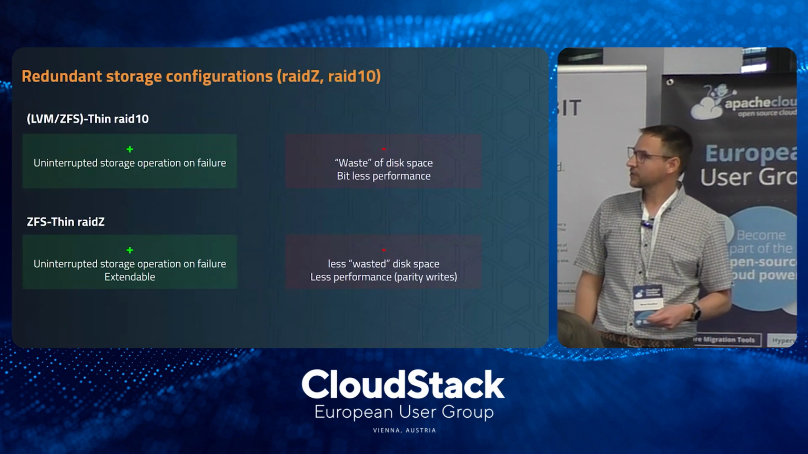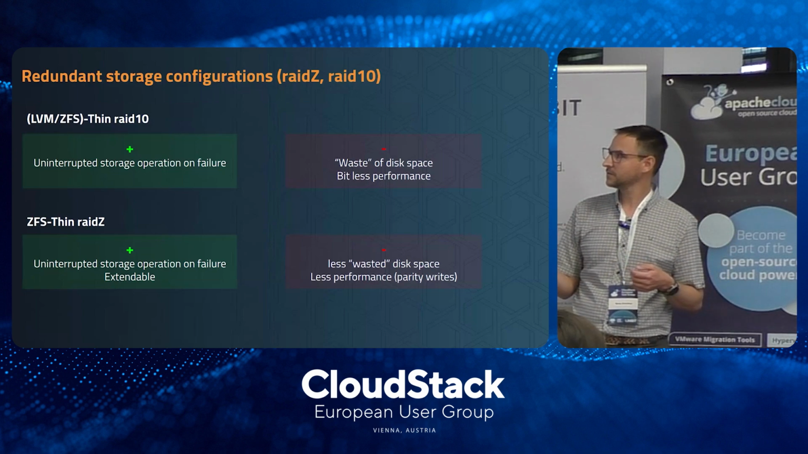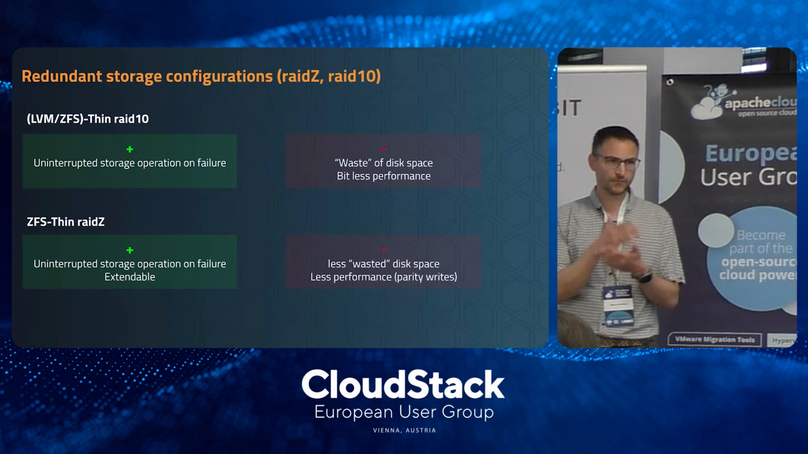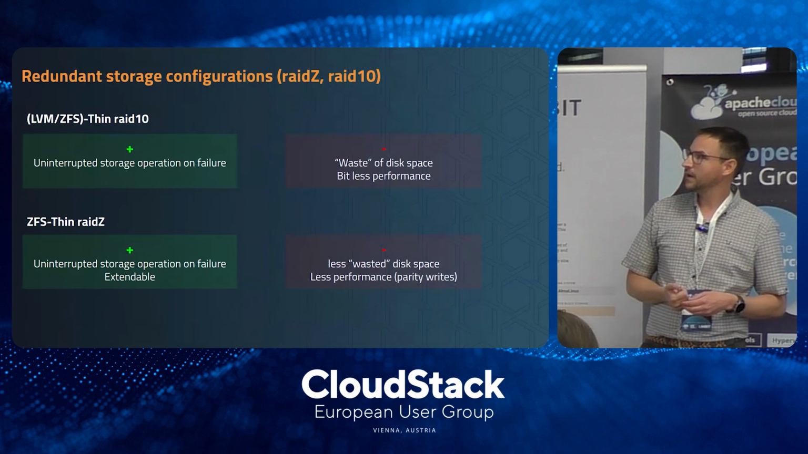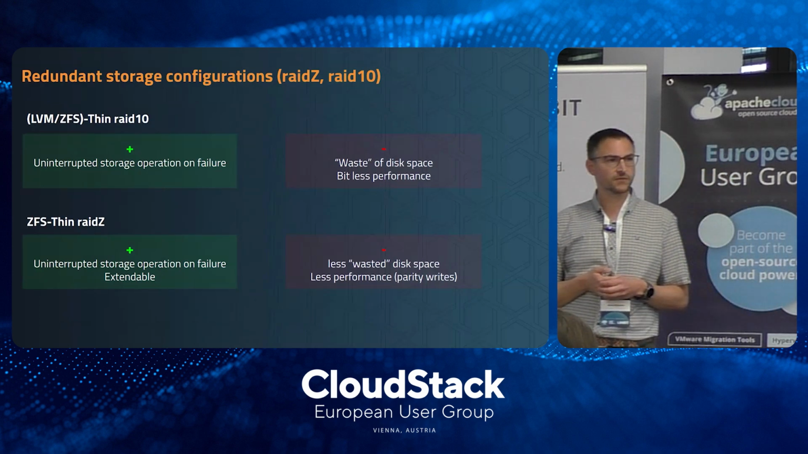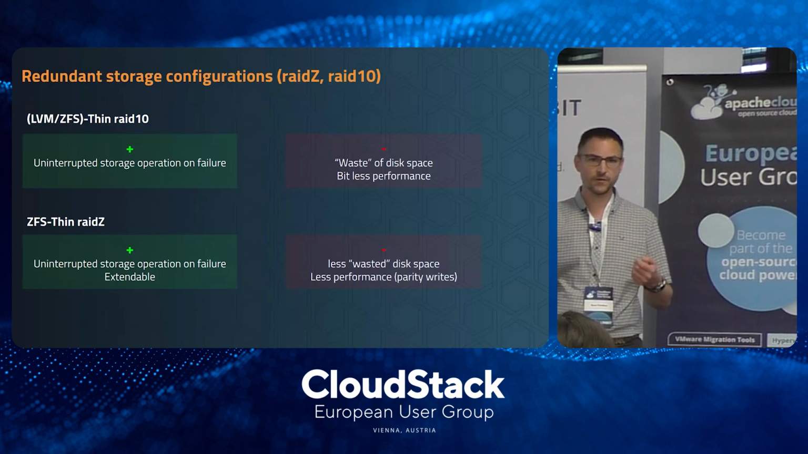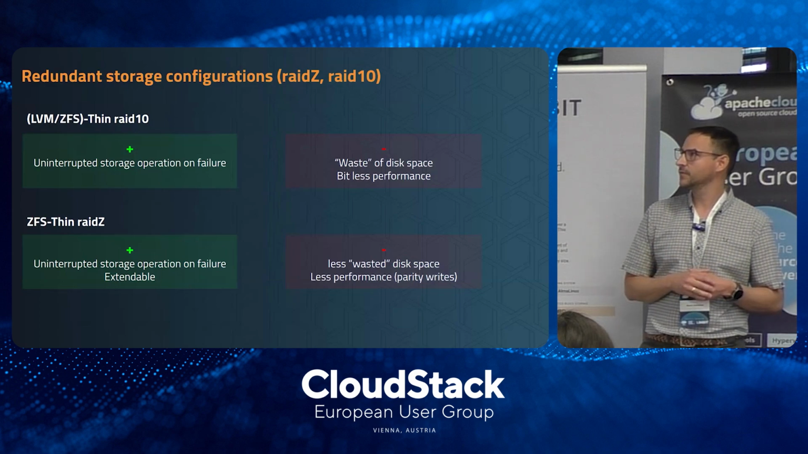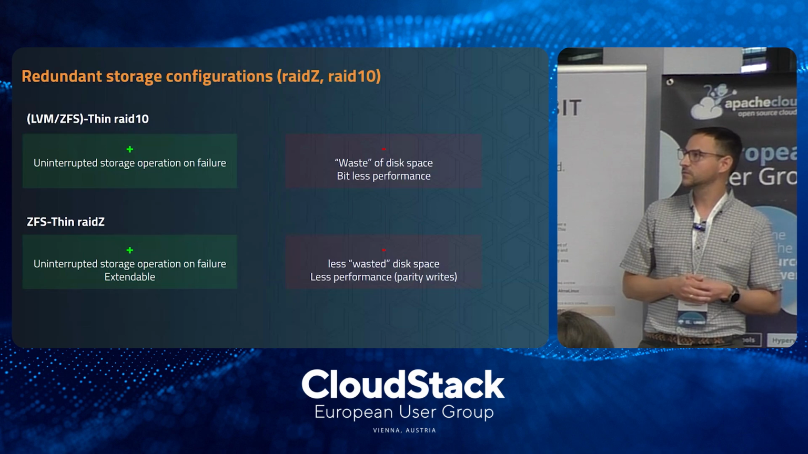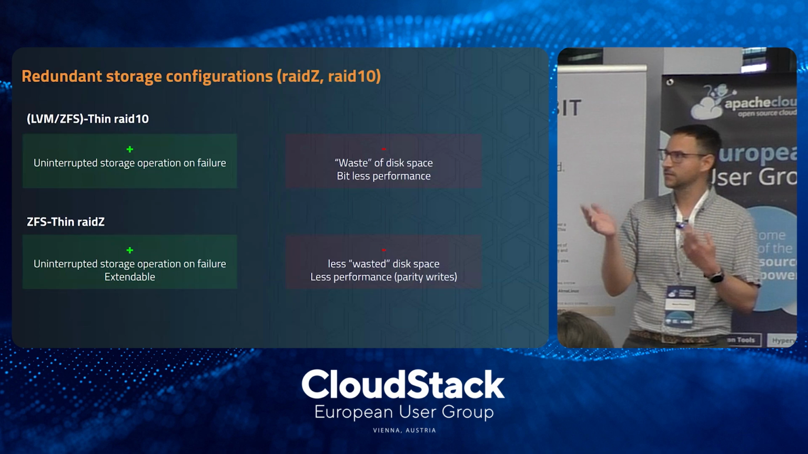Now for redundant storage configurations, if you have a RAID 10, you have a bit less performance and a waste of disk space, of course, because you have a local copy of it. But the advantage is you don't have any interruption if a disk fails. You have the resilvering in RAID and the repairing in LVM, but not destroying the pool, recreating it, and resyncing the whole thing. So it's basically just putting the new storage disk in and waiting until the